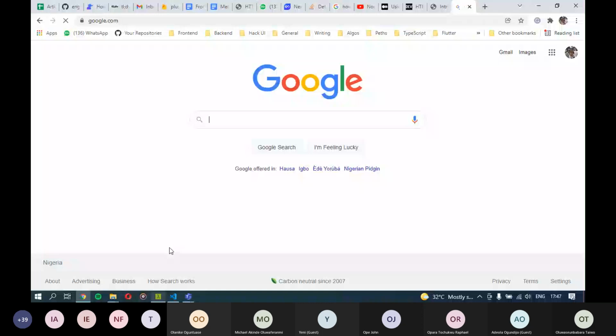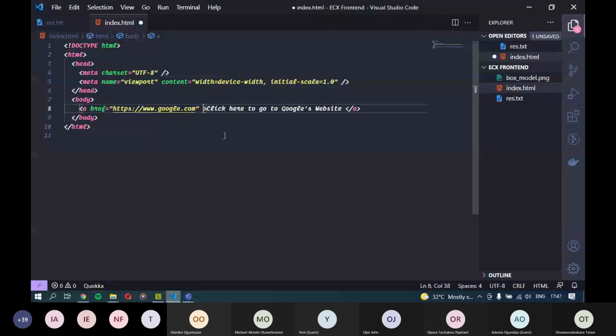So let me just use this to quickly go through classes and IDs. This has more to do with styling like CSS than HTML, but let me just cover it now. We have this attribute called class and another one called ID.